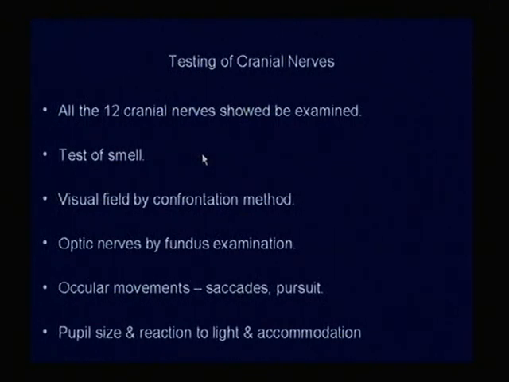But if the patient has any anterior cranial fossa lesion, definitely then the first nerve will be affected, and one must test by the various methods, that is, the 3-step method should be done. Then the test of the smell should be done. Then visual field should be done by a confrontation method, that you make the patient sit at about 1 meter,